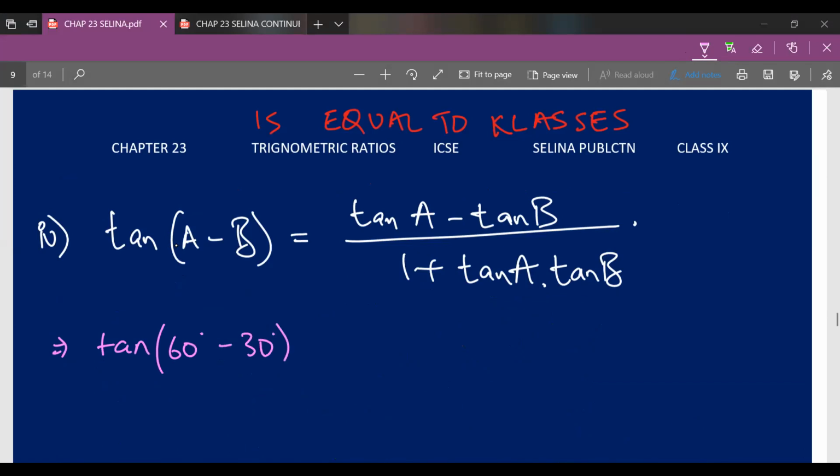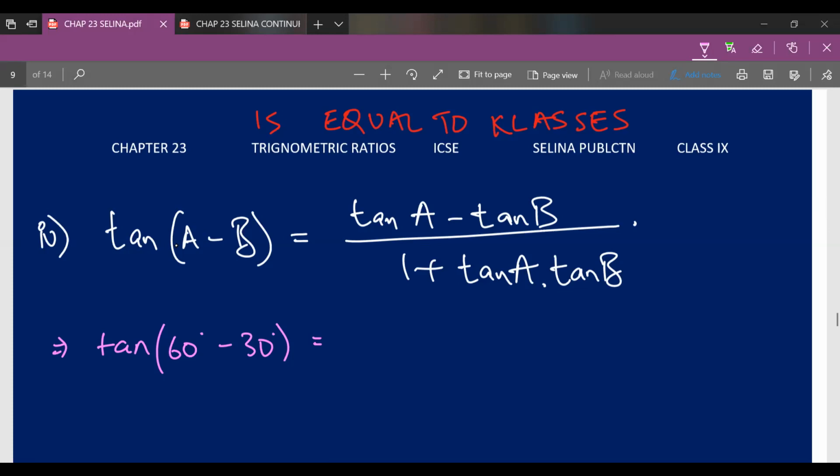Now for all of those who are beginners who don't know trigonometry, I would advise you that you go step by step. For all those prodigies and pros, I would advise you that you could skip a few steps. Now this video is for beginners, so I'll not go into that detail. So over here, tan (60 minus 30 degree), I'll explain step by step.